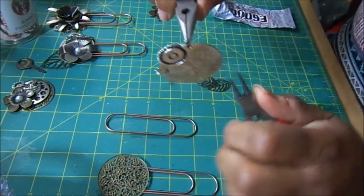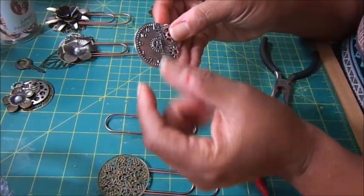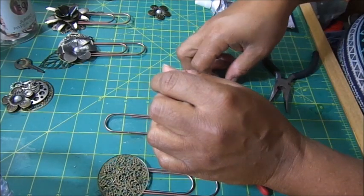Okay. And let me check on the babies. Okay. So I got the chain in right here. And now we're going to work on the base. And to do the base,